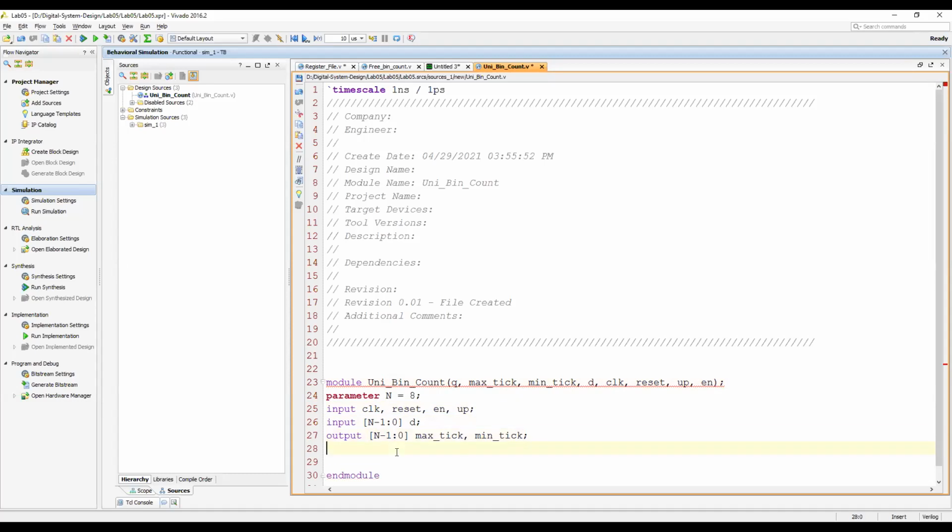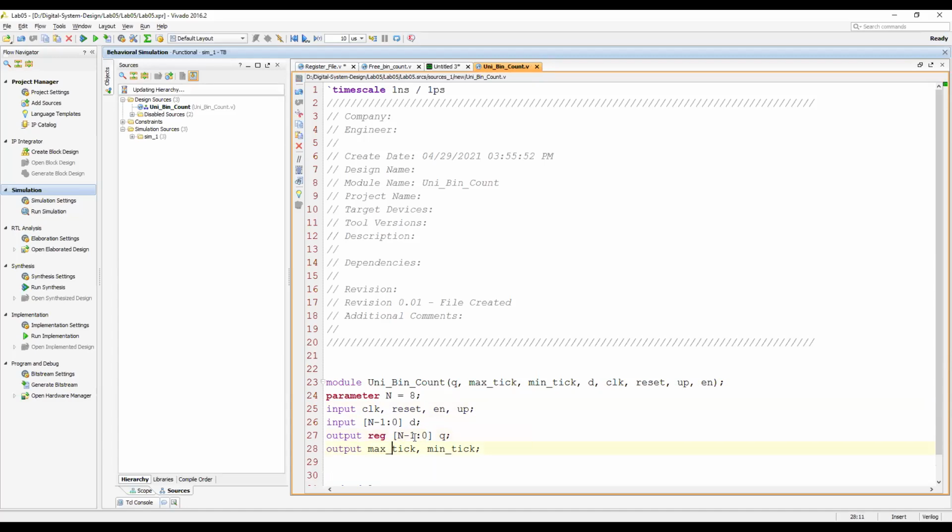And sorry, you need Q, and then you need outputs mintick and maxtick.